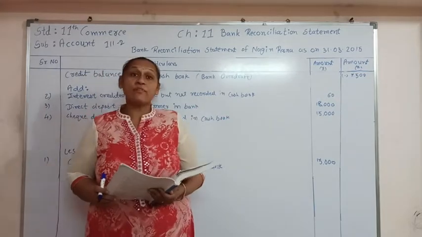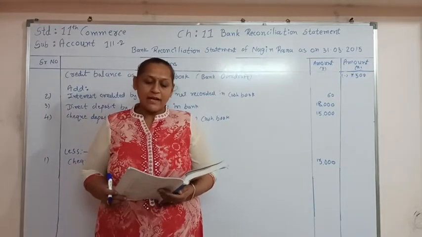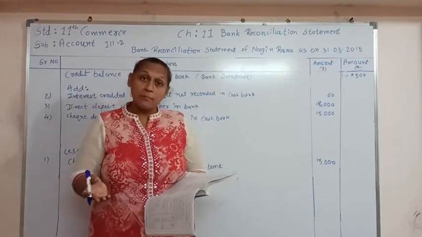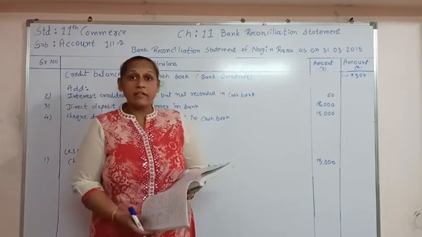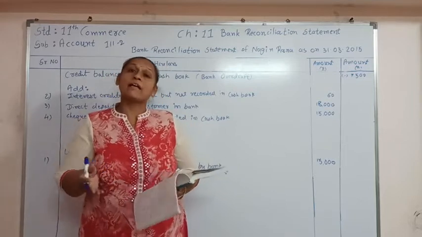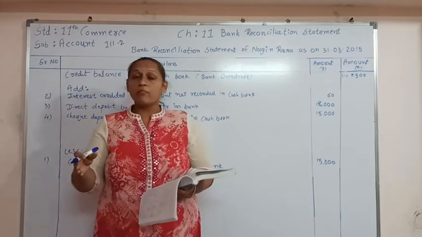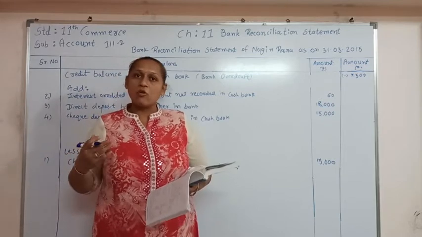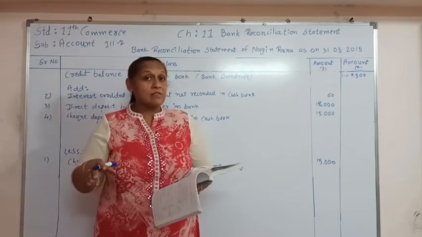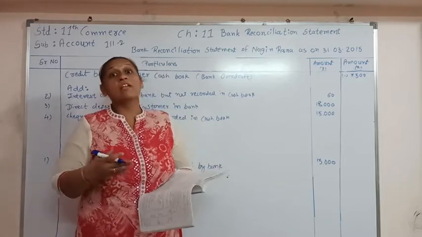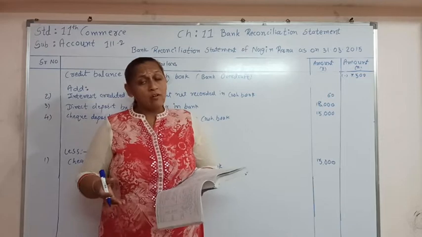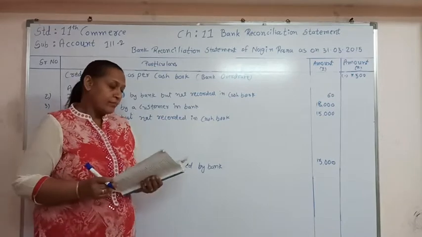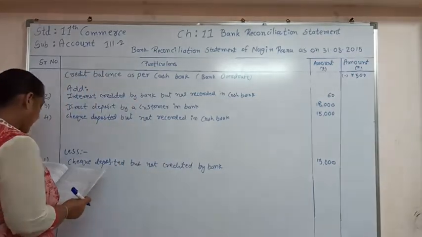Now next is the fifth number. Check issued and paid by bank left unrecorded in cash book. So the check is already issued for the payment, and that check is already presented in the bank and the bank has given the money. That means the money is already given from the bank account to the check holder and the balance as per the passbook is already reduced, but in the cash book it remained to be recorded. So here we have to deduct the same amount, so the balance will be the same. So for that, fifth number, check issued